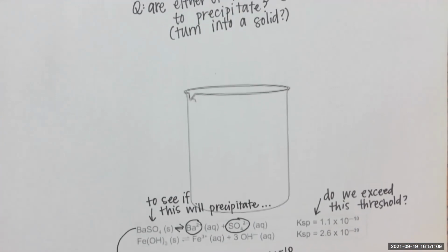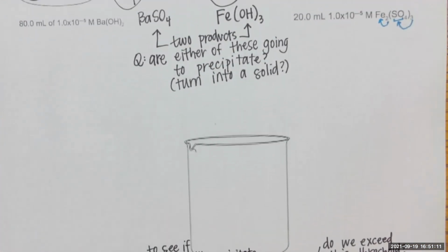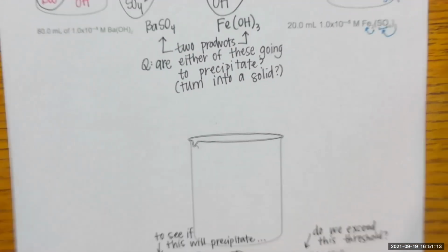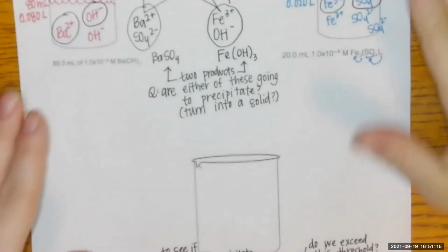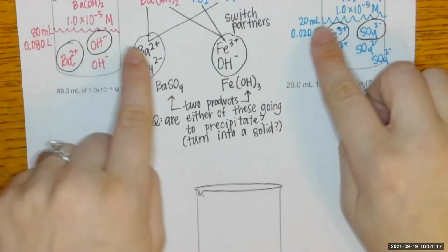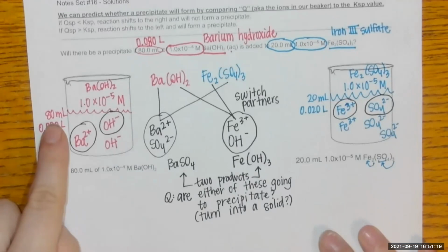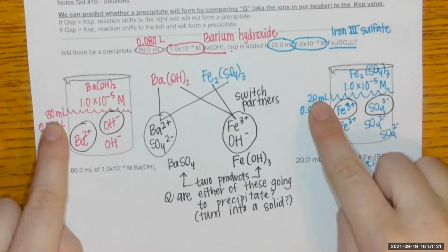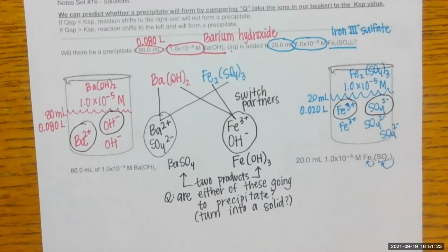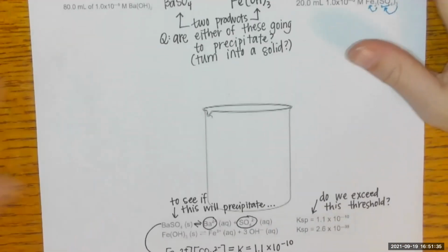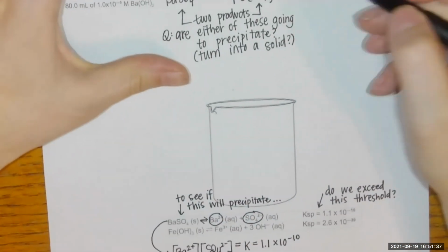So up here, back up at the top, these beakers get mixed together. We had 80 milliliters and 20 milliliters. 80 and 20, when you mix those together, how much is going to be in the new beaker? 80 milliliters, 20 milliliters. I'm thinking that combined, when we